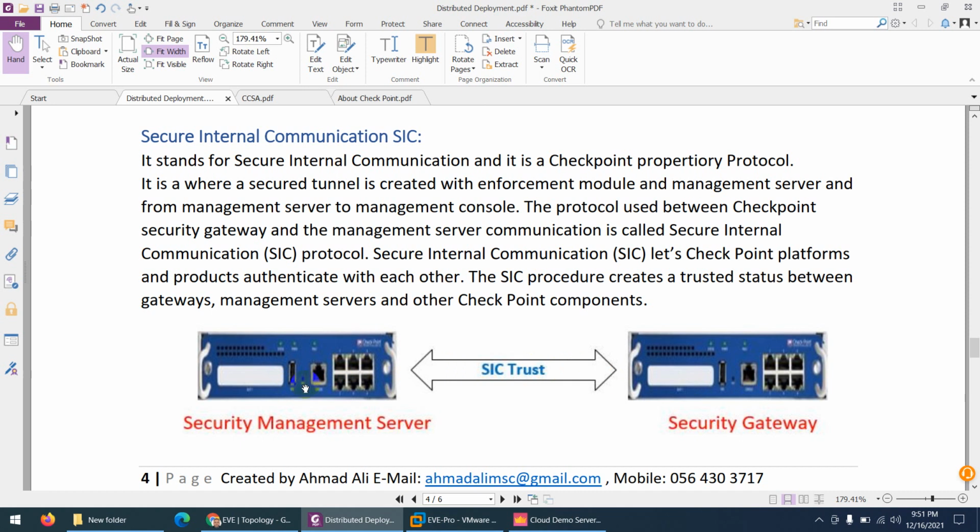How do they work together? They use this protocol, secure internal communication, SIC, a certificate-based, trust-based communication, which we will see in the lab. We will capture the packets in Wireshark and I will show you which port they are using and how they communicate. But at least you need to know this terminology up to this point.